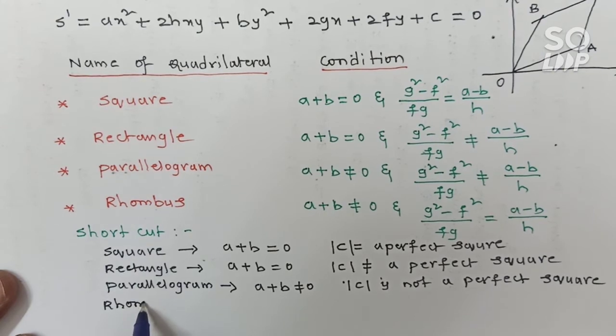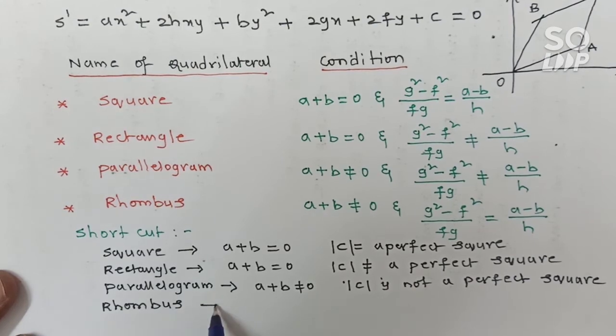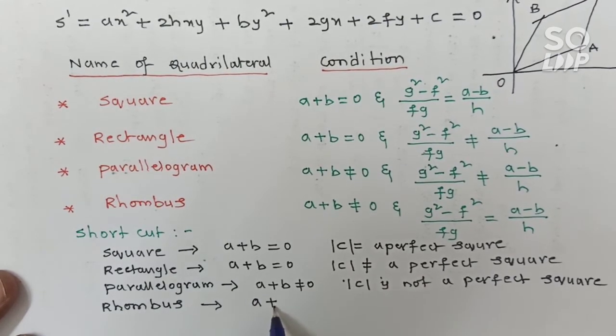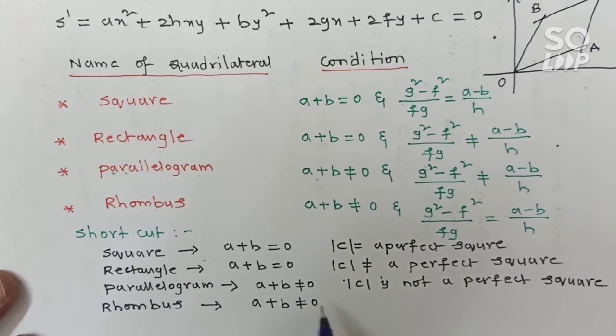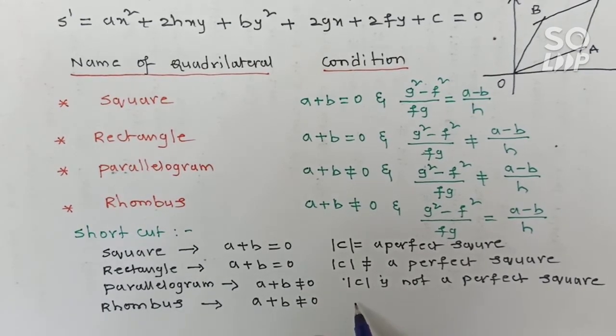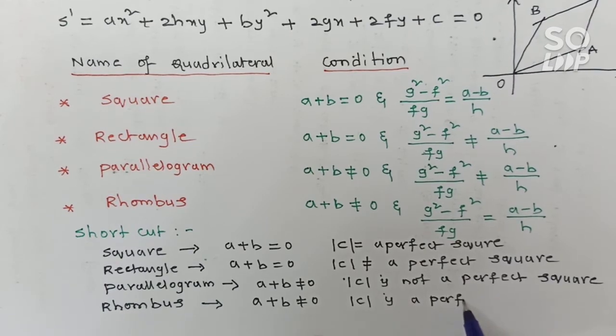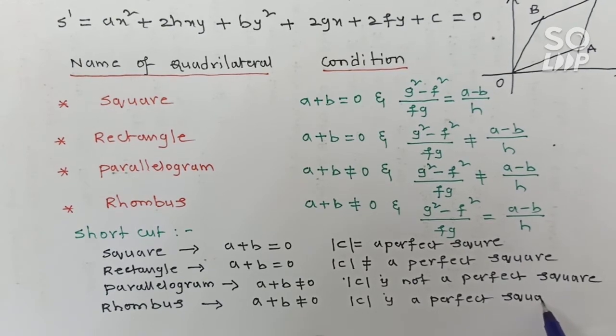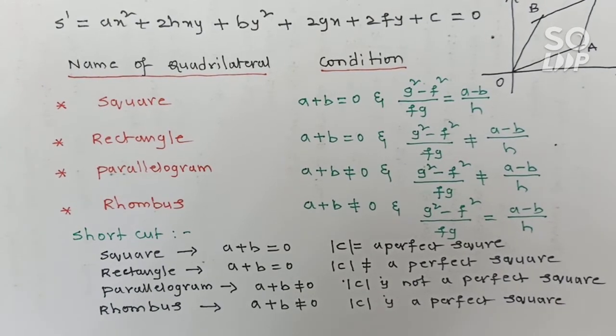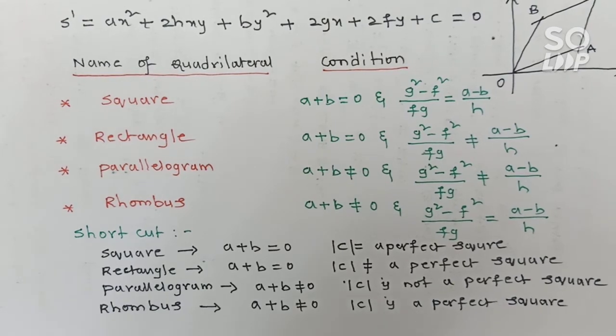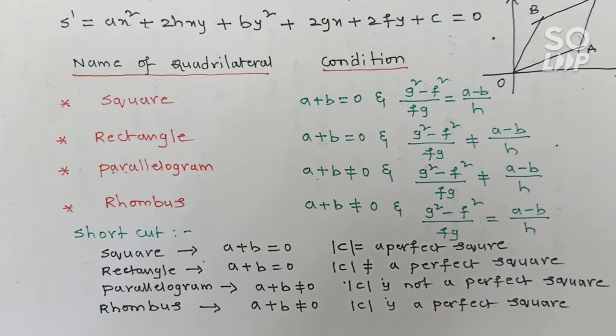Rhombus means a plus b is not equal to 0 and the modulus of c is a perfect square, right? So these are the shortcut methods to find the nature of the quadrilateral formed by the homogeneous and non-homogeneous